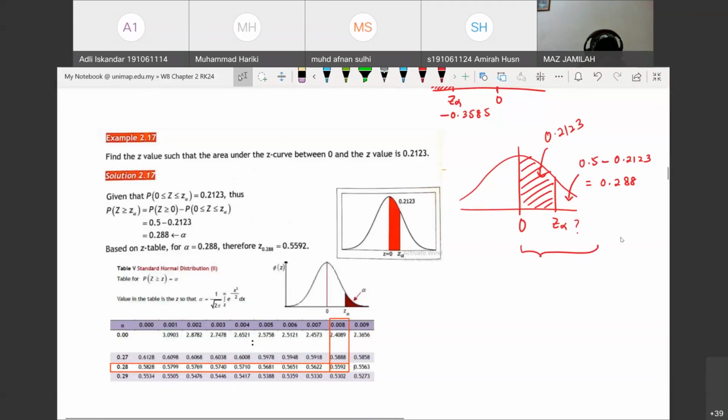So that will be 0.288 and you will find your Z alpha is equal to 0.5592. So that's how we deal with the upper tail probability that involves the normal probability